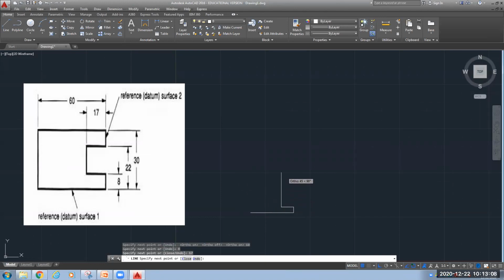I'm just providing the direction in which I want to move with the cursor, and I am giving the distance. What is the distance I want to move? Okay. So in vertical direction, how much do I have to move? Anyone tell me? 22 minus 8. How much will it be? 14, 14, sir. 14. Very good. So I will go in vertical direction 14 units.